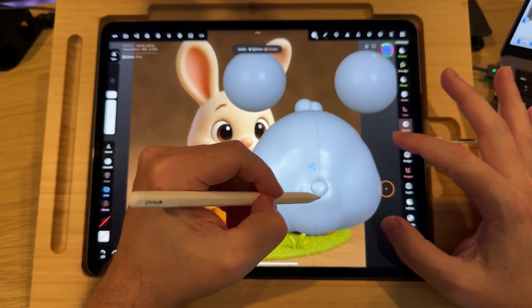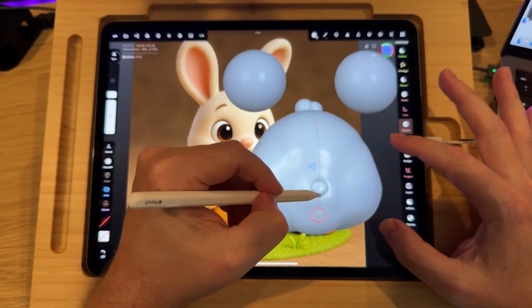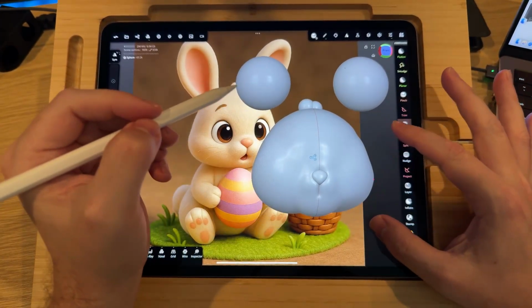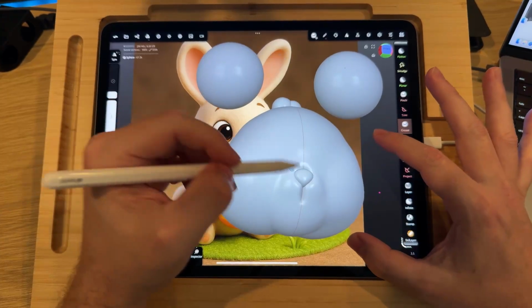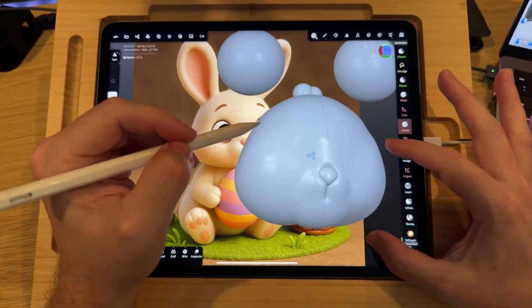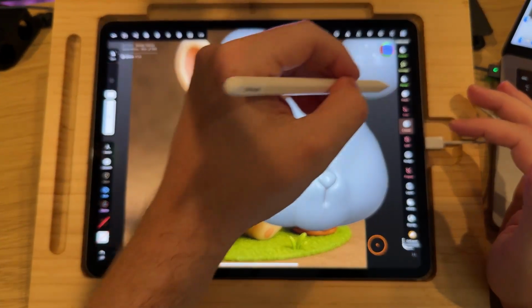I have a habit of trying to follow what I see in the image, but it's 3D, so I don't need to curve. I can just draw a straight line, a straight crease, and it'll handle itself. Okay, with that done,